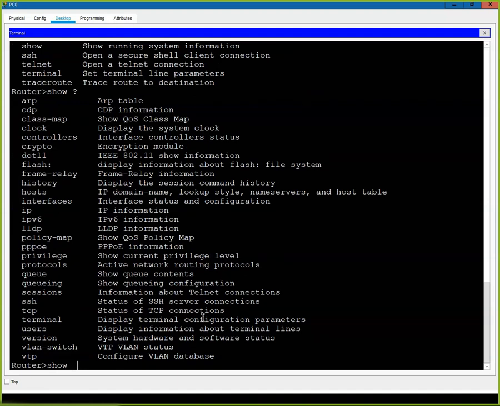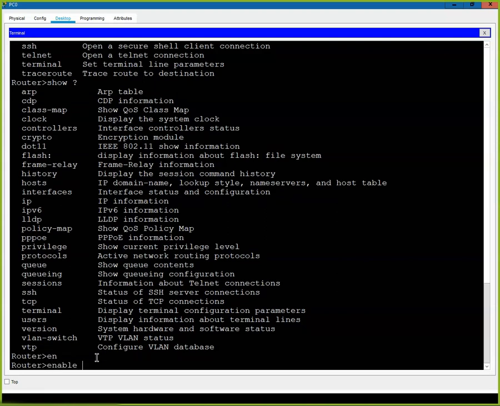I can use some of the show commands at this level, but the big one I can use is enable. If I type EN and then tab,